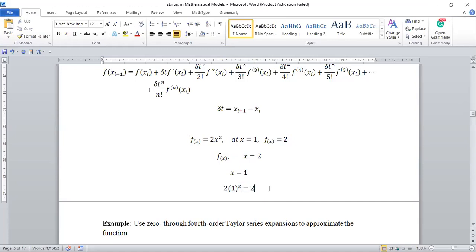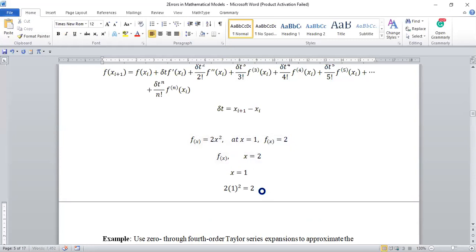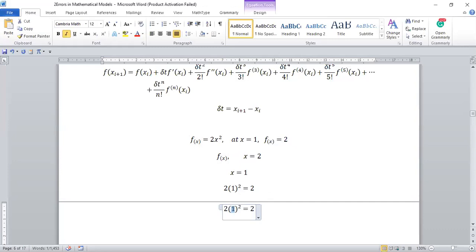You can just say that to find the value of the function at x is equal to 2, just put 2 here, because here x is equal to 1, then here x is equal to 2. So when you do this, you're going to get 8. You can say that, okay, this is how to go about it. We are done. But what the question is actually saying is that